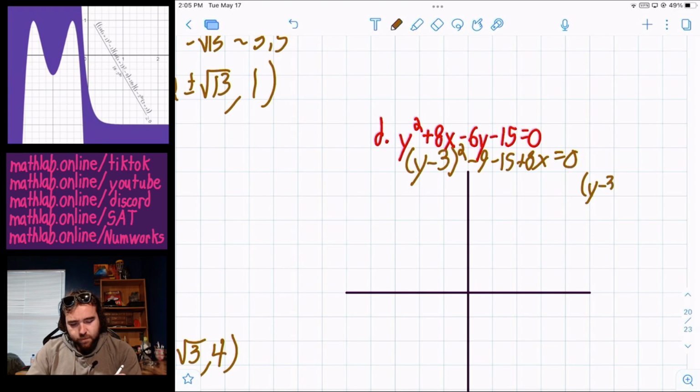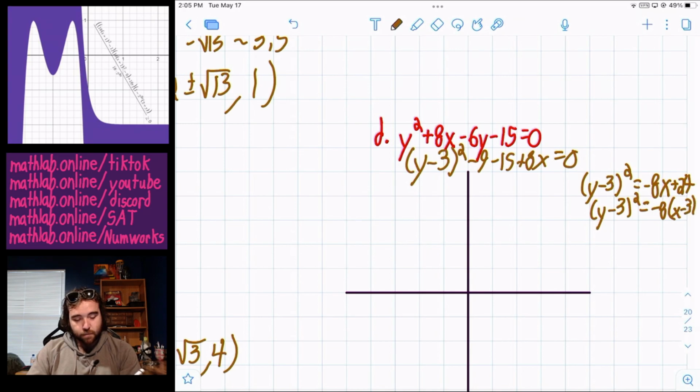We'll get y minus 3 squared, and then that's 24 combined. So that's going to be negative, we need to write it down, otherwise I'm probably going to make a mistake. So it's going to be negative 8x plus 24. So when I factor out the 8, it's going to be y minus 3 squared is negative 8x